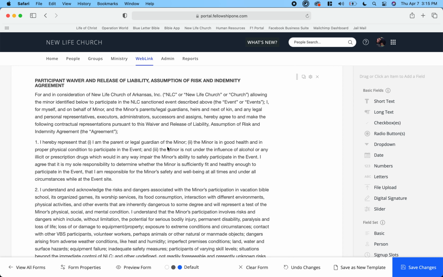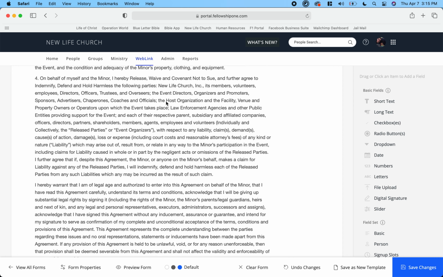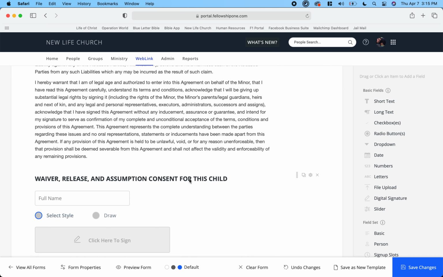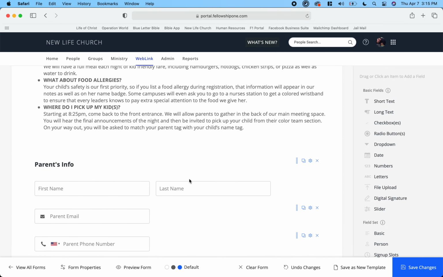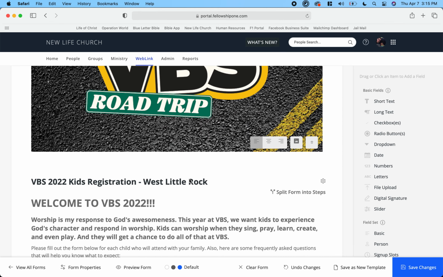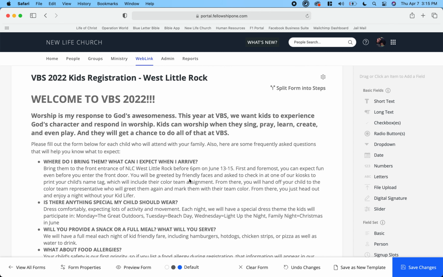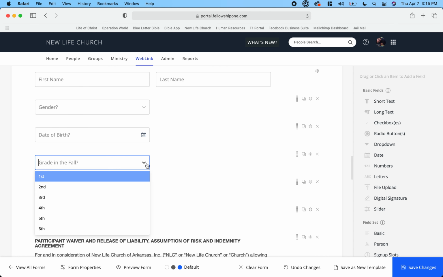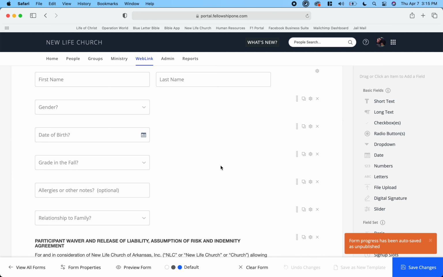Then here's this wonderful waiver that folks will get to read over, and then they will type in their name, and then they'll sign it, and then they can add another child and repeat that process. So for the most part, that's it, y'all. It's done for you fairly well. We then use grade in the fall